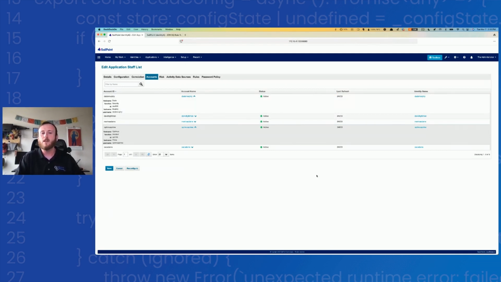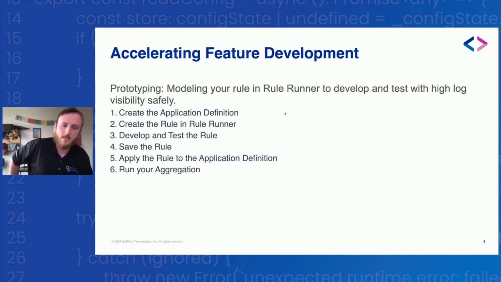So that's one use case for Rule Runner where you can go through and do prototyping to make sure that everything is accounted for before you actually even run an aggregation, whether that be in dev, QA, prod, whatever. Moving on to our next scenario,